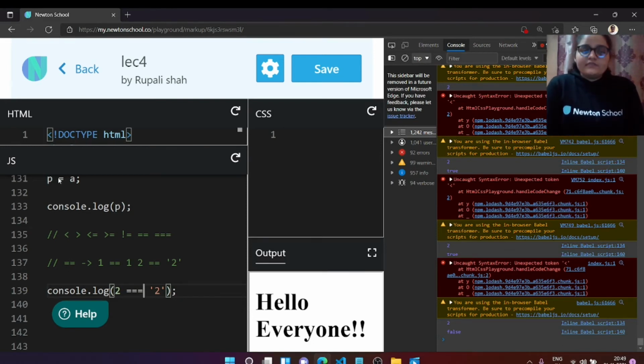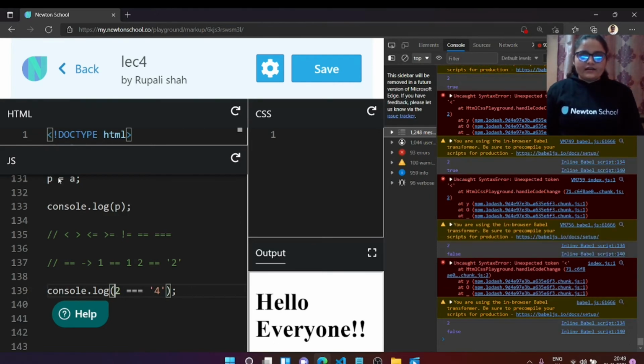Now this particular thing means that triple equals to not only compares the values, but it also compares the data type of the two operands. We have seen that these are known as operands. So yeah, now if I have this 4, and let's just say that both of them are strings, still it will be giving us the false value. This was because this particular operator compares not only their data types but also their values, and this was the example for the values one.